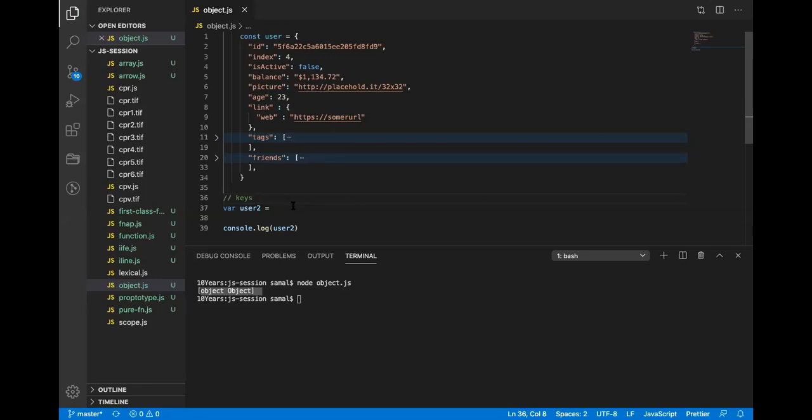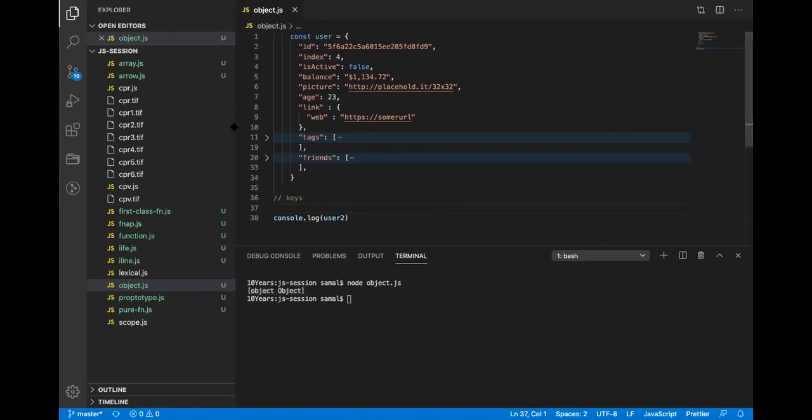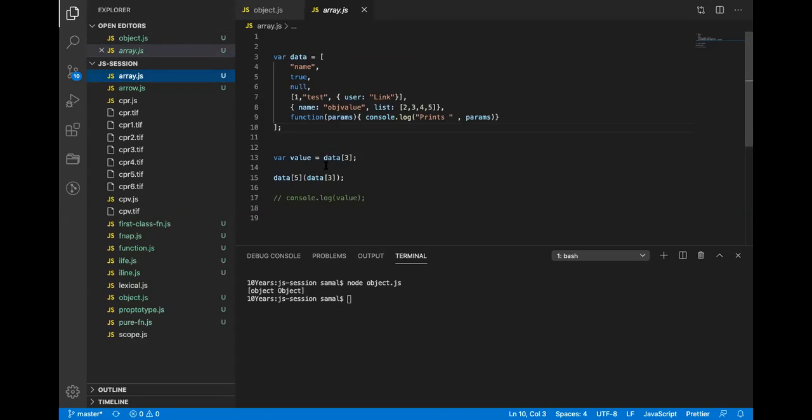Okay, a constructor method. This basically completes the object part. I missed the last part here.